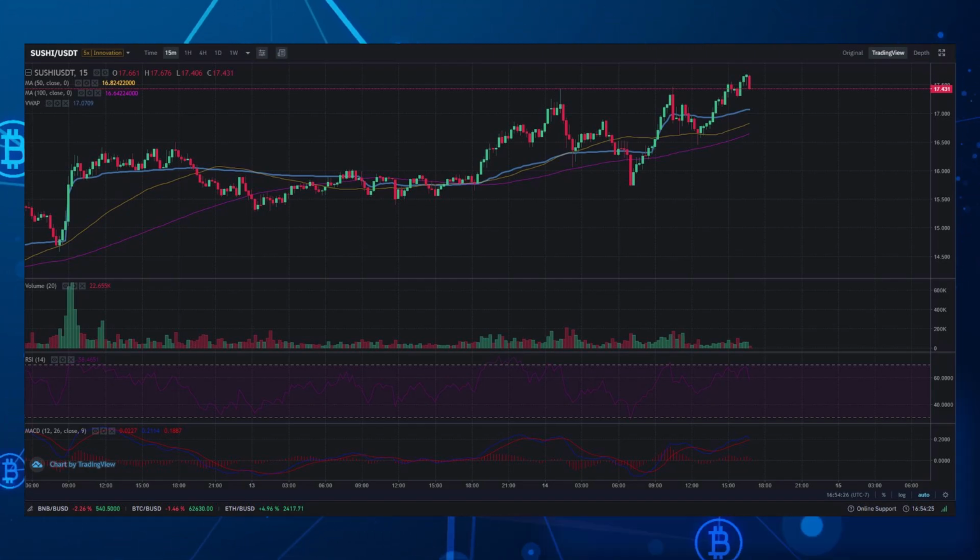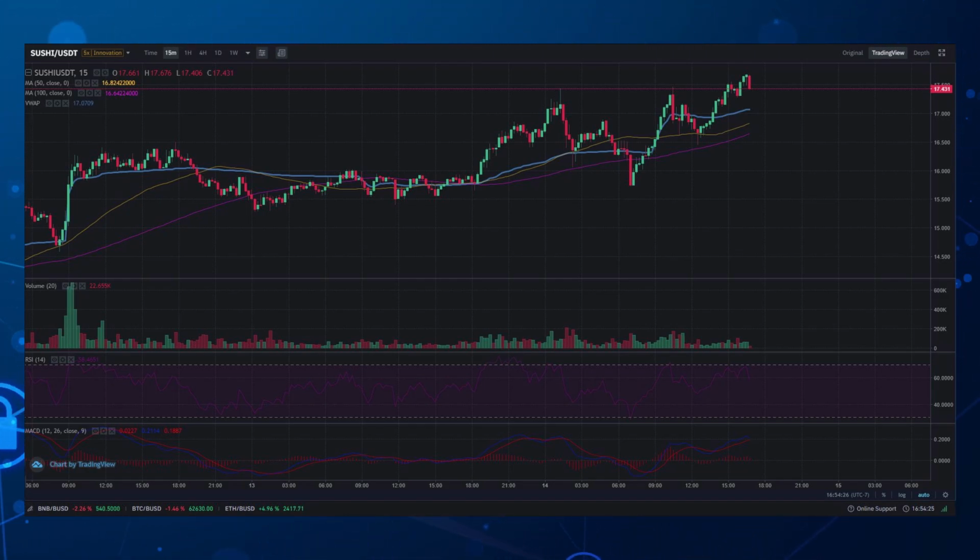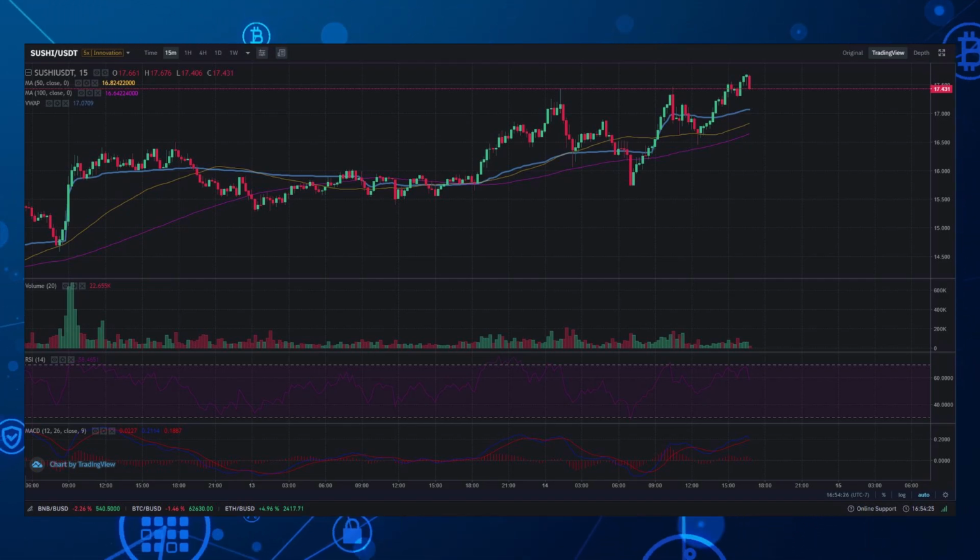Here's a couple of options I would consider as a day trader. If I was bullish, I would wait 30 minutes to see if the currency is still respecting the support level established by the VWAP first. Now, if it holds, I would take a small position first, maybe somewhere in the range of 25 to 30%. I would also see how the price reacts to the resistance line of $17.68.